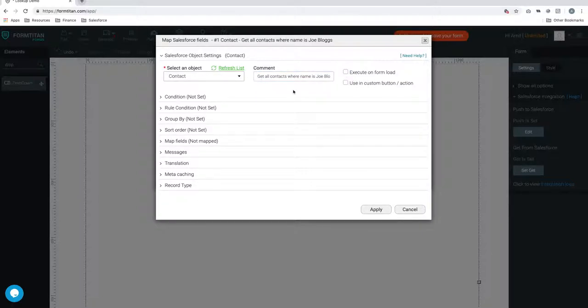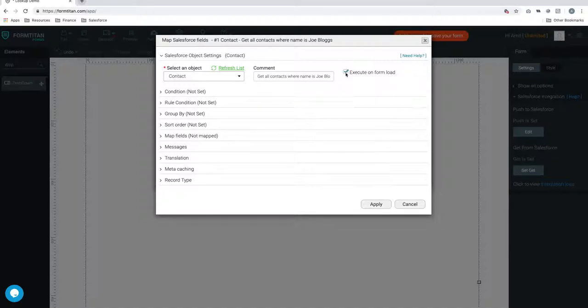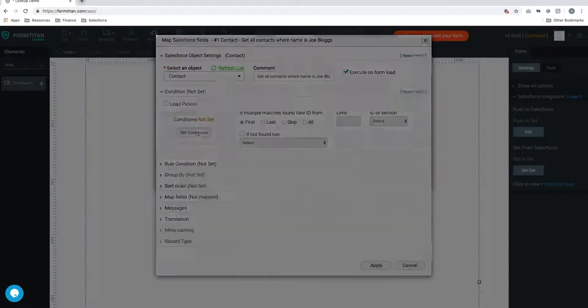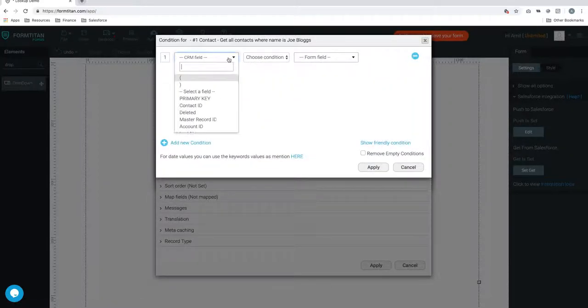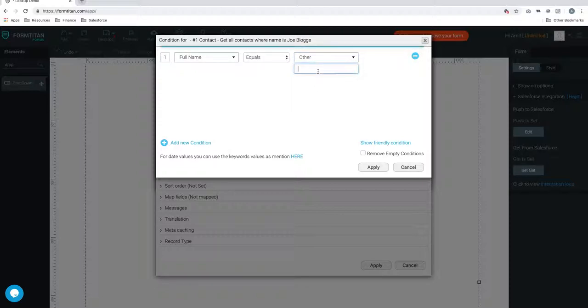Next up, I'm going to show you execute on form load. And what does this do? I'll explain. Once you tick this, I'm going to set a condition here, but you don't have to worry about setting the condition. We'll discuss that later. I'm going to say if my full name in Salesforce equals other, which is going to be Joe Blogs,